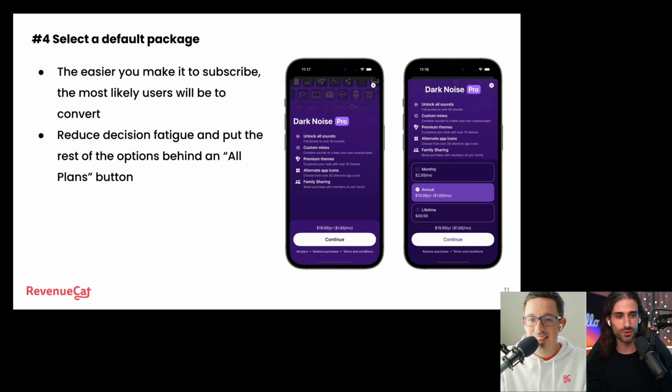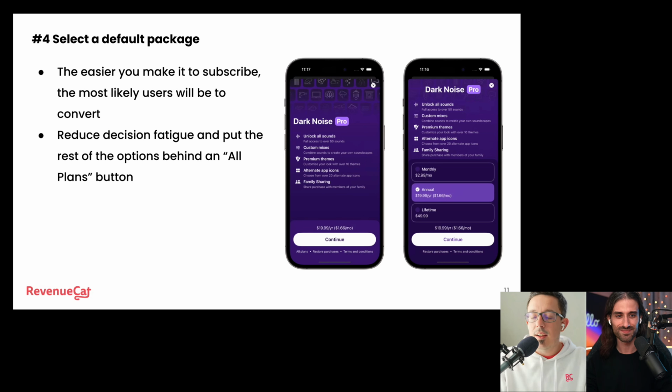And the second one is to make it as easy as saying yes, because Starbucks, they will be like, oh, you have your coffee. Do you want extra espresso? They don't say it's going to be paid even, but you just have to say yes. And they make it very easy for you to say yes. And I would say you want to make it very easy to click on the purchase button. So it should be enabled by default with a default option. You don't want to first have the user select an option and then click on continue.